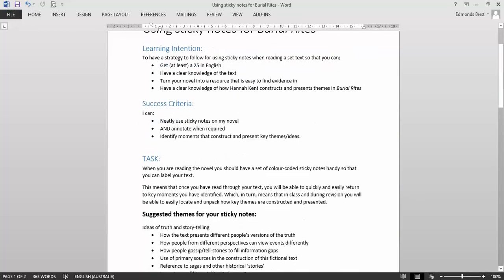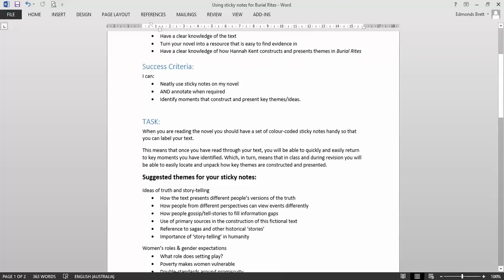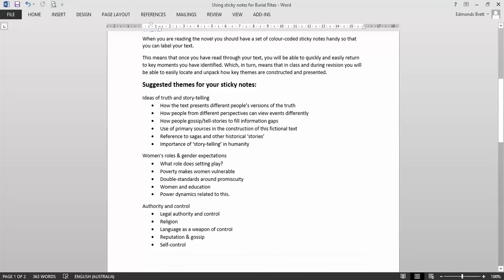To be successful, you'll neatly use sticky notes on your novel and annotate when you need to, and you'll be able to identify moments that construct and present key themes and ideas. Now, basically, this strategy we want you to use is that as you read the novel, you have a set of colour-coded sticky notes handy that you can use to label your text, and that means once you've read through it for your first time, you'll be able to quickly and easily return to key moments that you've identified, which means that during class and during revision, you'll be able to easily locate and unpack the construction and presentation of